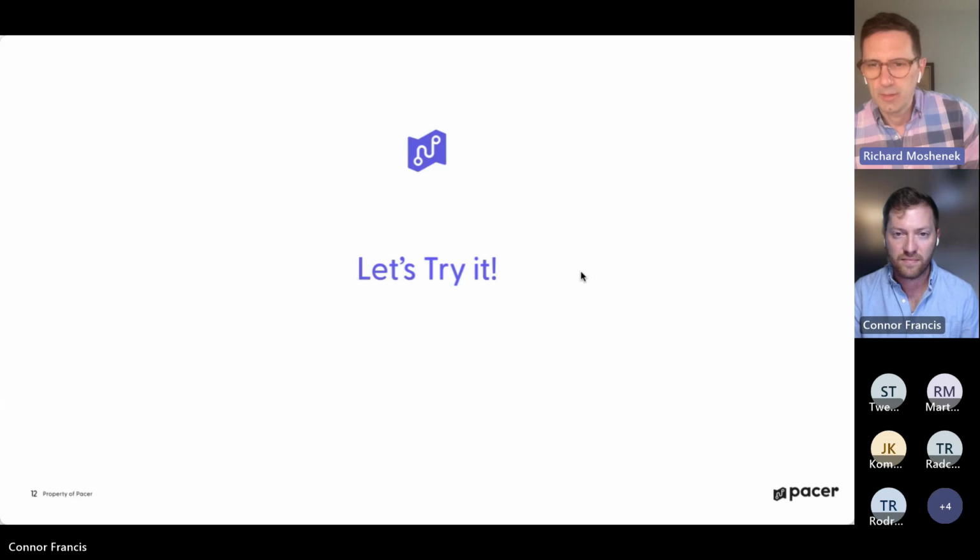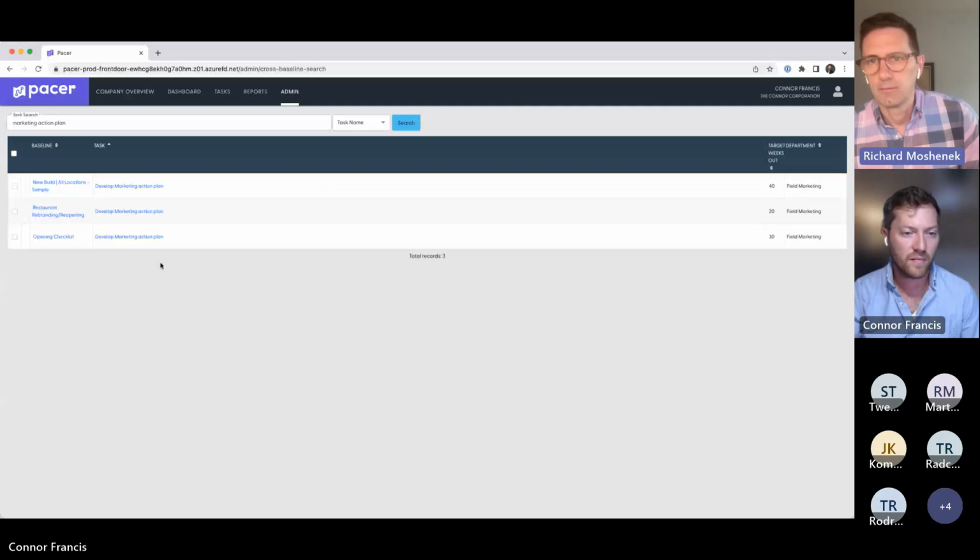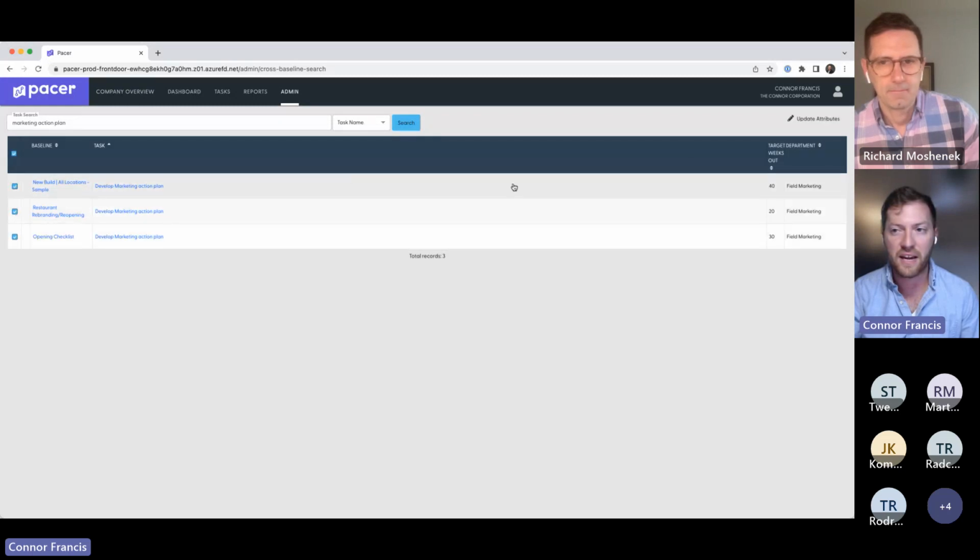So with this new feature, will we be able to update days and weeks out, links, and documents? Can you share the screenshot again? Oh, I can go live into the app. Whichever. So if I choose all three of these and update the attributes,